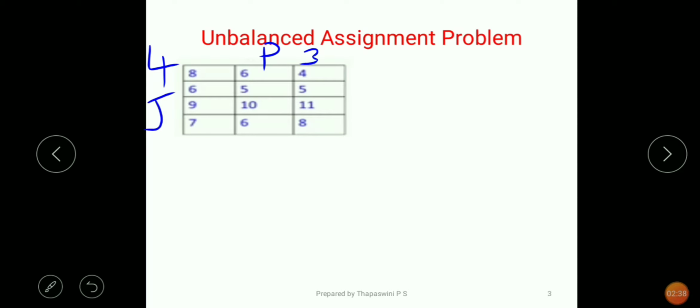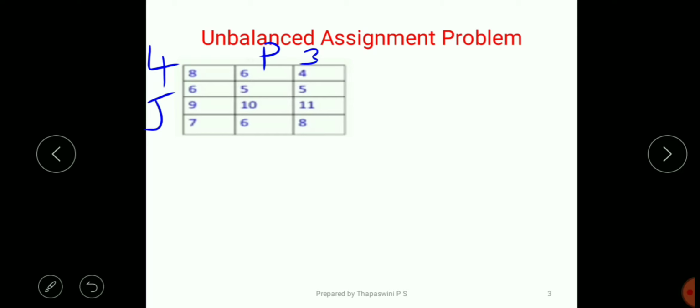Now in this problem, ensuring that each job will go to only one person becomes difficult because there are an unequal number of jobs and people. But each person getting only one job is possible because there are 3 people, and we now choose 3 out of the 4 jobs that have to be given to 3 people. So which means one job is not going to anybody. Now which job is not going to anybody? Which 3 are going to the people such that the cost is minimized is a new assignment problem